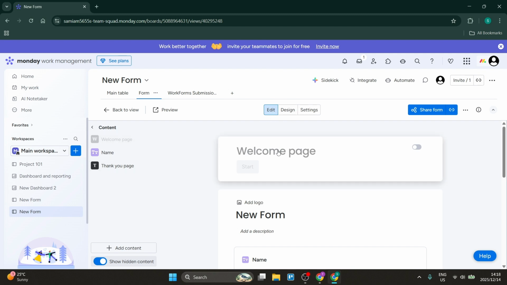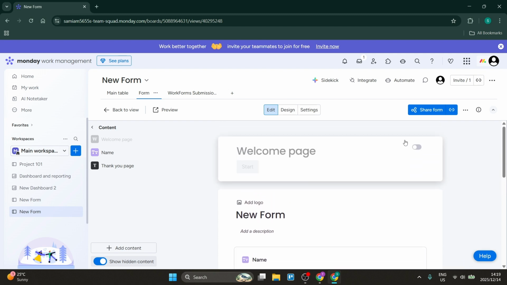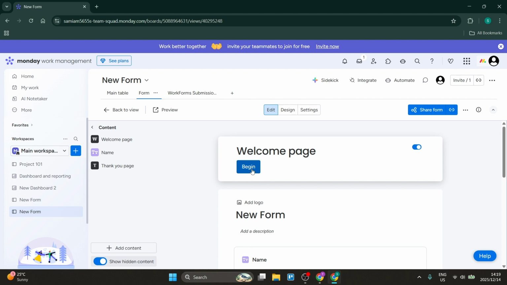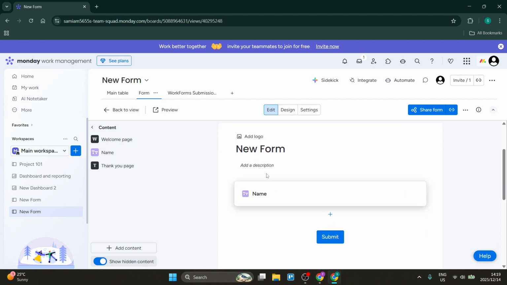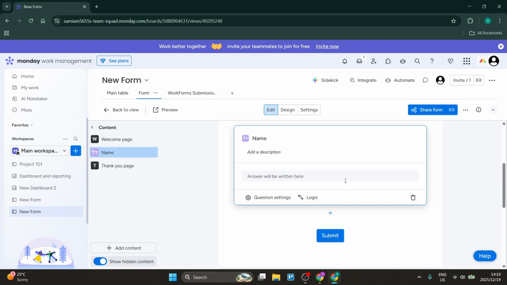can have a look at each piece of content within the form. So we've got our welcome page which we can turn on, and the start button you can actually put in there whatever it is that you would like. So let's just say, for example, we're going to say begin, and it says begin, not start. Here you can add a logo. The form over here, you can change the name, you can add a description, and then in the name section